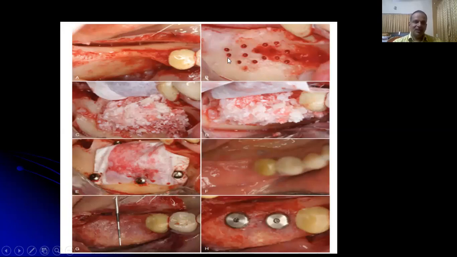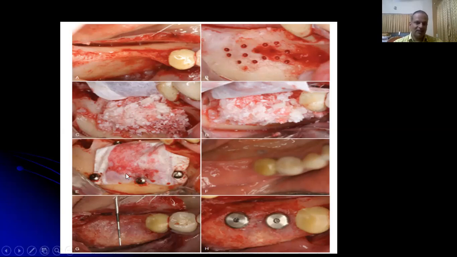And the cortical perforation should be done to provide vascularity to the bone graft. This is done with a small round burr in the defect area. The next step was to place the membrane. In this case, the ePTFE membrane, that is the expanded polytetrafluoroethylene membrane, was used, which was fixed to the lingual side first, and then the bone graft, a 1:1 mixture of anorganic bovine bone with the autogenous bone, was placed on the defect, and then the membrane was stretched,